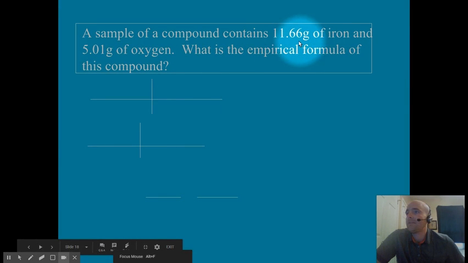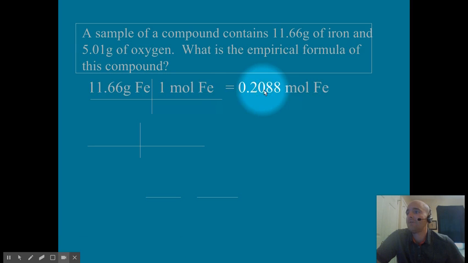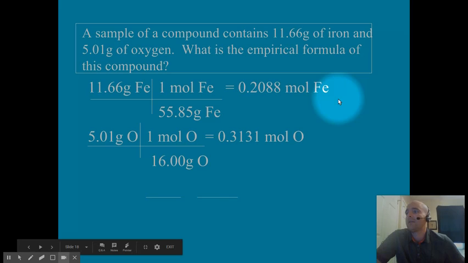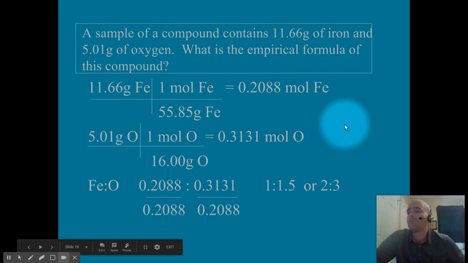If in this problem, I know the mass of iron and I know the mass of oxygen, we will convert these masses to moles, and using normal stoichiometry, we get our moles of iron and our moles of oxygen. We will then put them into a ratio, where the ratio of iron to oxygen is our mole